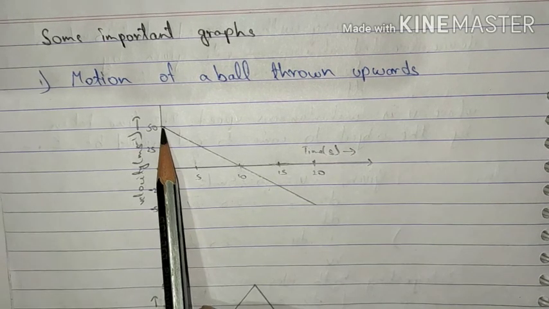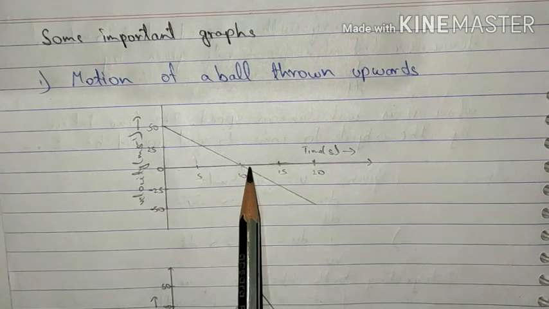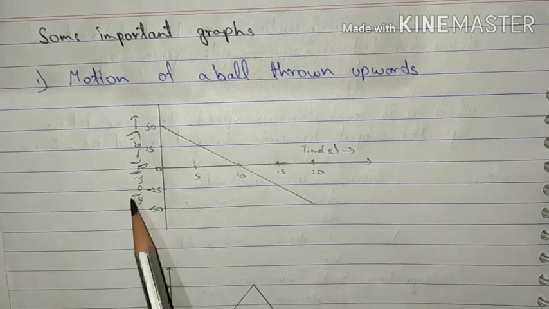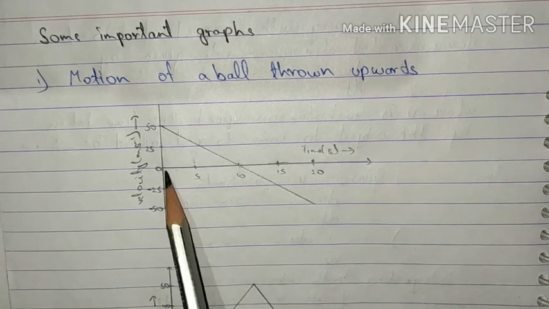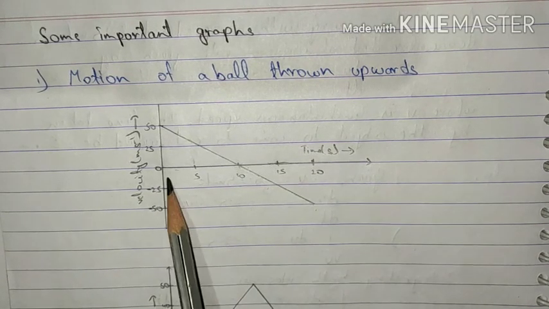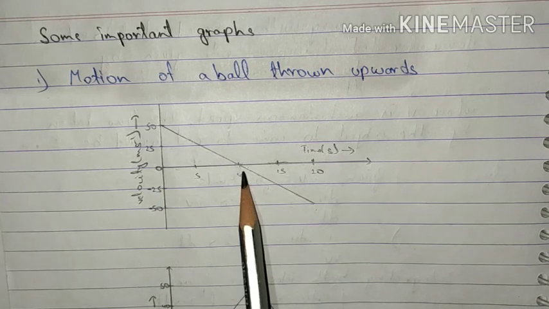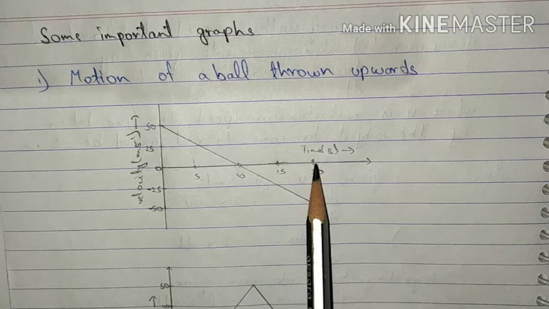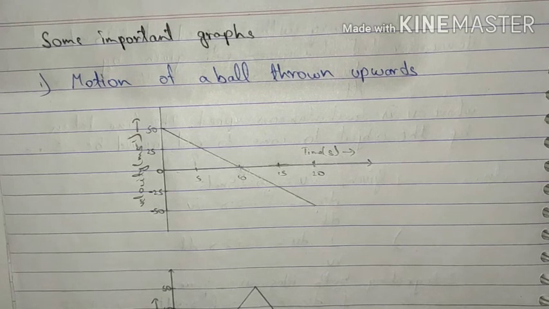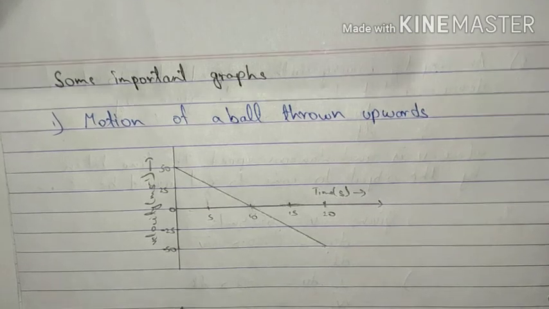So when the ball was moving upwards, its velocity was decreasing, and we have shown it on a positive side, whereas when it is moving downwards, its velocity is increasing and we are showing it on a negative side. So you can observe that the velocity is increasing from 0 to minus 50 over here in 20 seconds. The time taken by the ball to attain the maximum height was 10 seconds. The time taken to reach back again at the starting point from the maximum height is 10 seconds. So again, a thing that we studied earlier has been repeated over here. That is, the time taken by any object to move upwards will be equal to the time taken by it to move downwards.